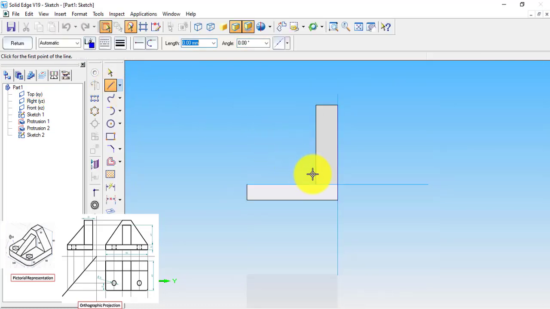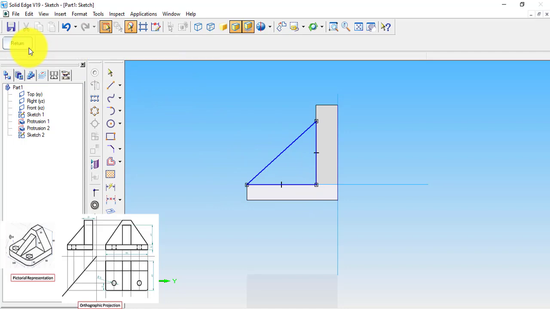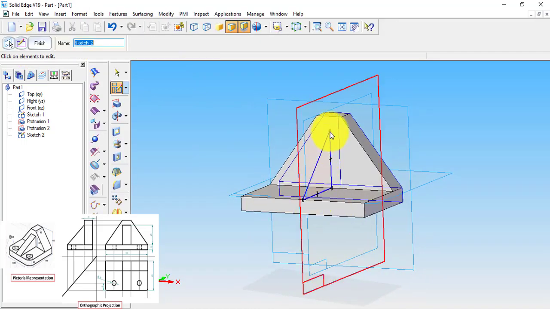On this section, the height of the triangular rib is 40 mm from this base, and it extends till the end of our machine part. So let us return. After returning, it results in a two-dimensional triangular line at the exact middle portion of our diagram.